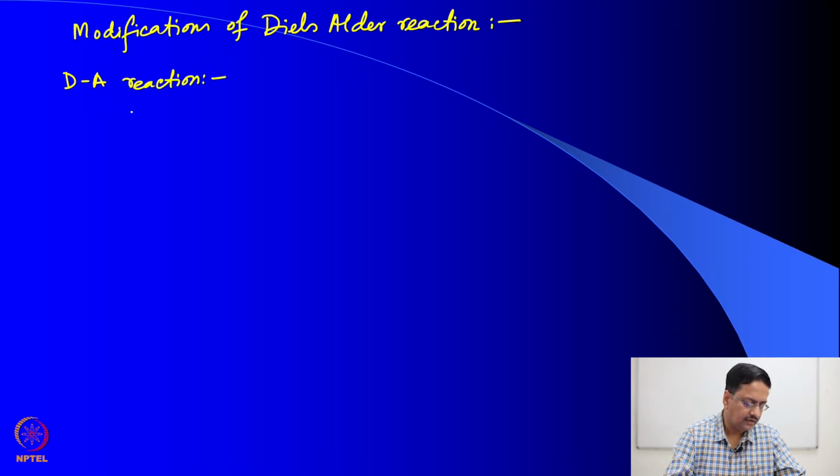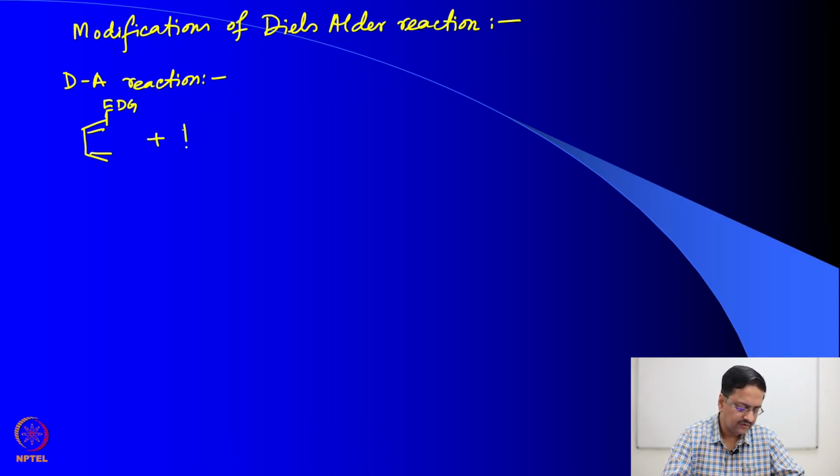In a standard Diels-Alder reaction, we should have an electron donating group on the diene and an electron withdrawing group on the dienophile, which would give you a product. This particular combination would give you a 1,2 product,